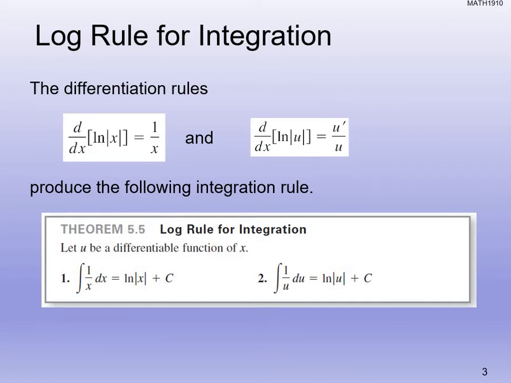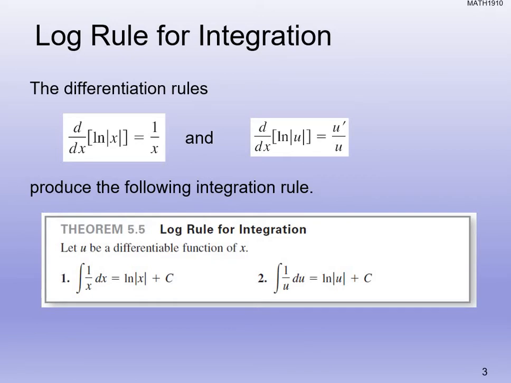Just reviewing the differentiation rules, right? The derivative with respect to x of the natural log of x is 1 over x. We also had u substitution if we had some other larger argument for the natural log of x. We did u substitution. So the derivative with respect to x of natural log of absolute value of u was